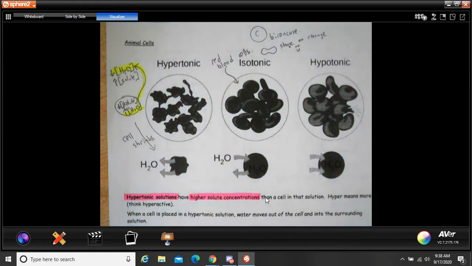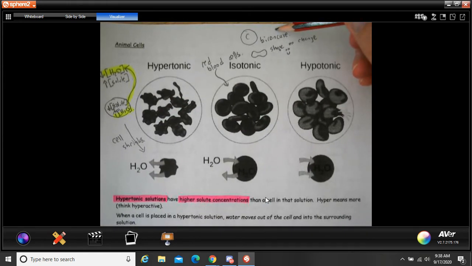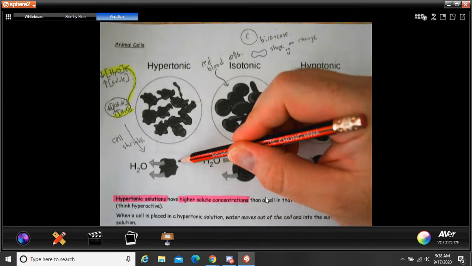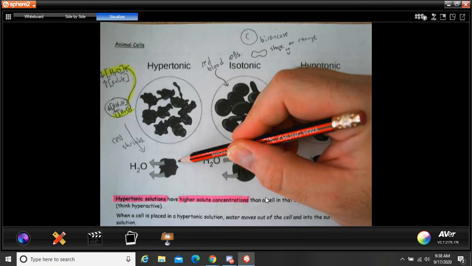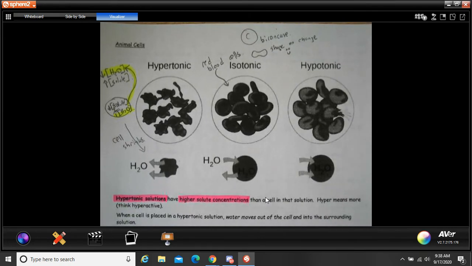And we talked about this before. Shape is important for these specific types of cells, as it is for all cells. So shape change like this is bad. You don't want your cells to shrink. All right, so water moves out of the cell and leaves because of the water concentration gradient. So it shrinks in